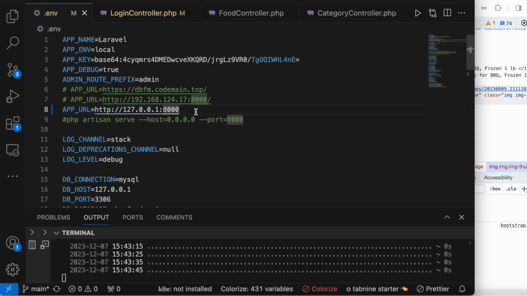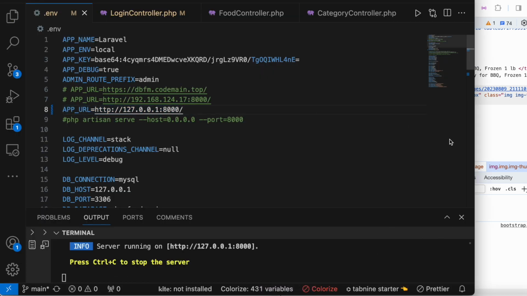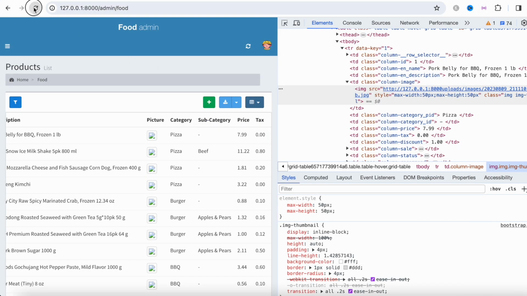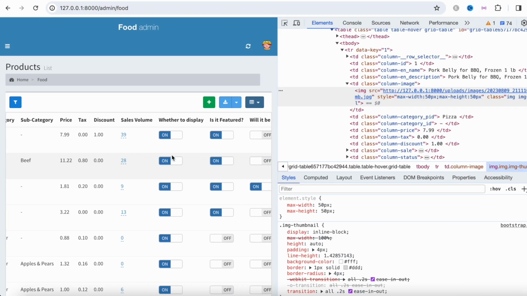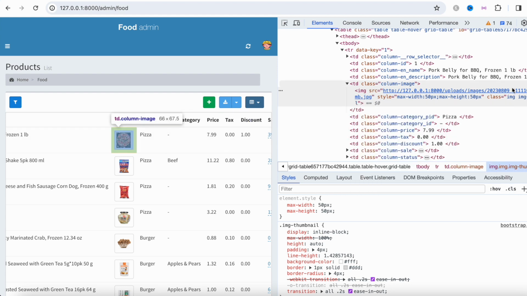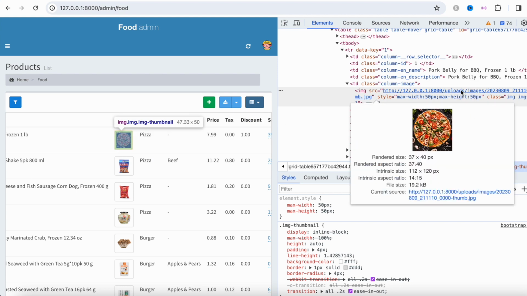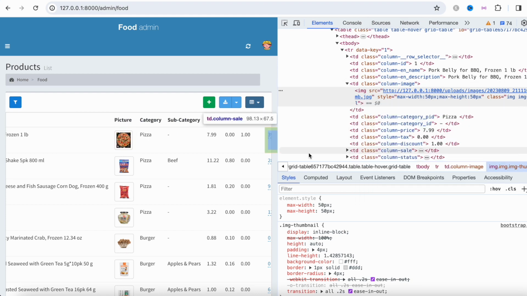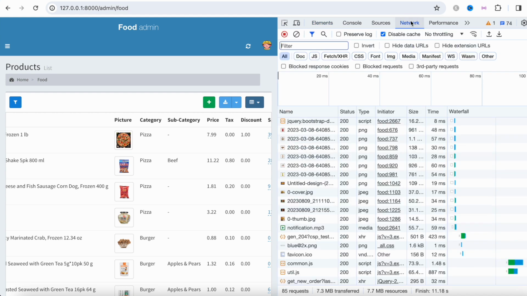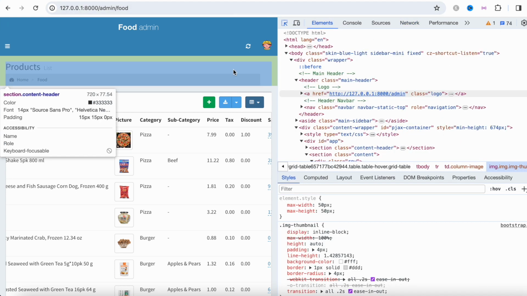Now if we come over here and let's save it. Now if you come over here, restart your app, here you see the images are visible, and over here we also see that valid image path, which you can see from here. Okay, so yeah, that's how you go ahead and check your image URL using this Chrome network tab, actually over here, or over here actually. So that's how you go